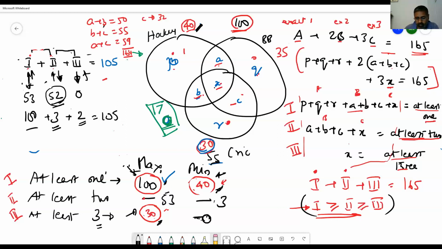Sir, how did we get this 52 and 53, sir? Because 105, no? I took this as minimum 0, and the rest has to be split. And the condition is that one should be greater than two; you cannot have less than that. Okay, so now let's take some very large values. I'm going to take some values like 90.